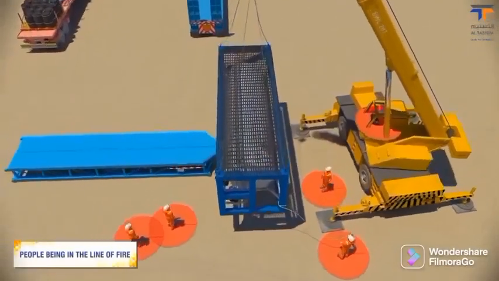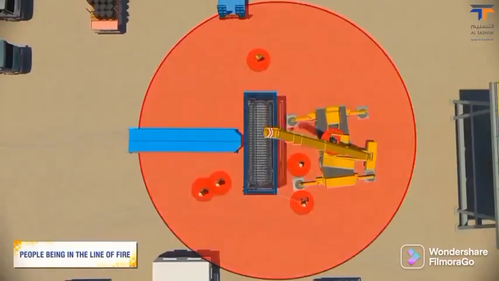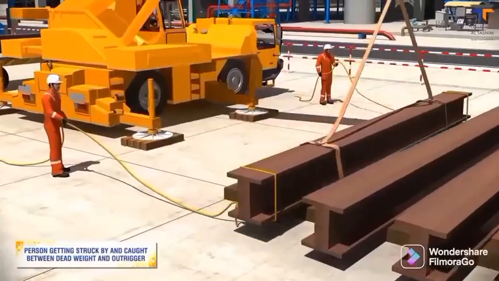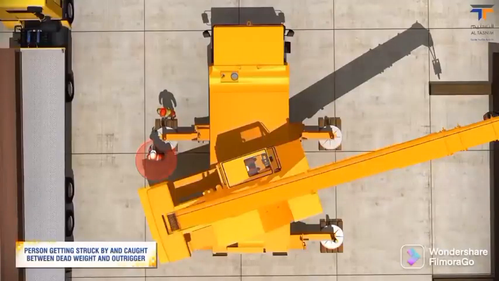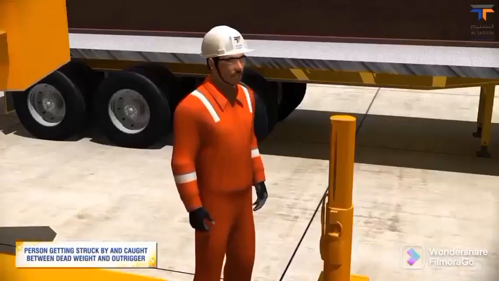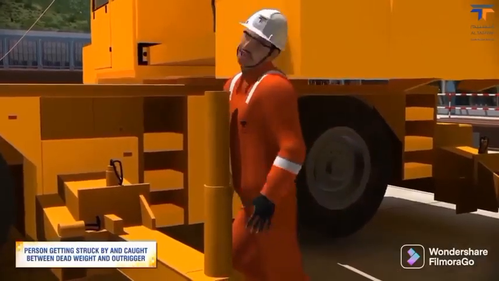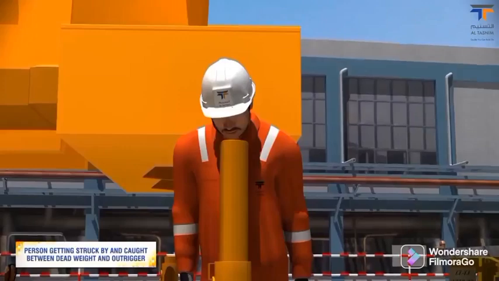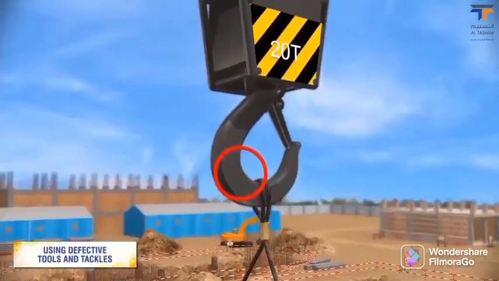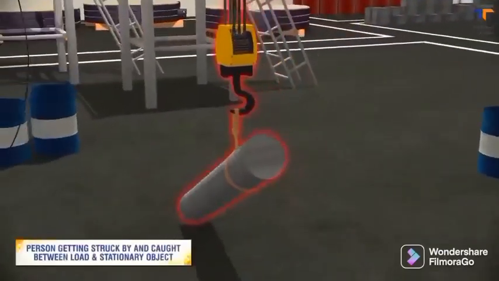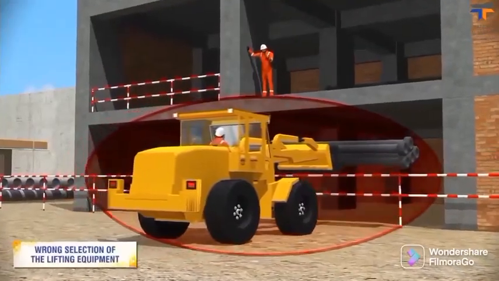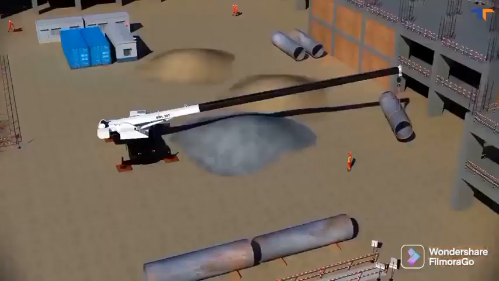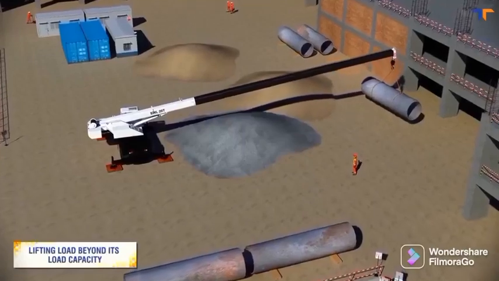people being in the line of fire, person getting struck by and caught between dead weight and outrigger, using defective tools and tackles, person getting struck by and caught between load and stationary object, wrong selection of the lifting equipment, using equipment for lifting load beyond its load capacity,